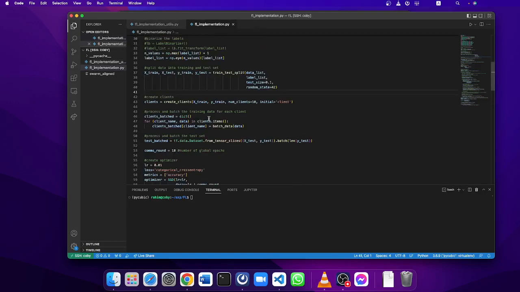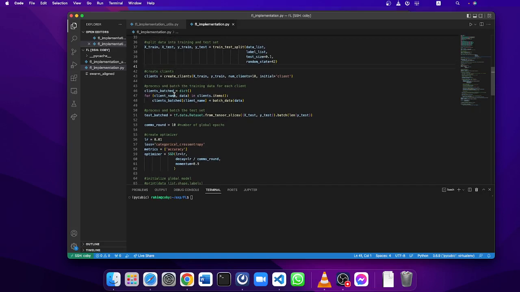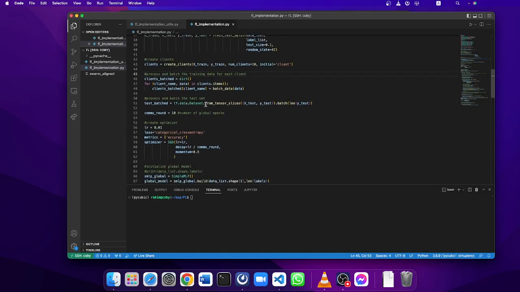Then we implemented it. This function has been implemented here. For create client list, we pass X train, y train, the number of clients and the initial, so it returns us a dictionary. The clients object is basically a dictionary, right? So for the next thing,